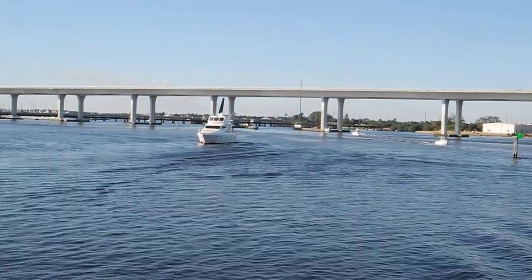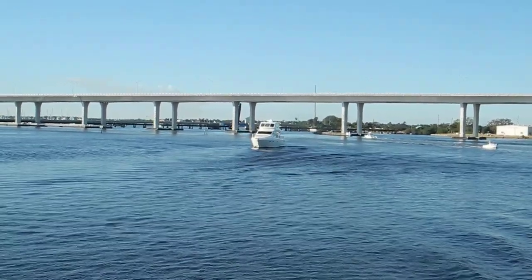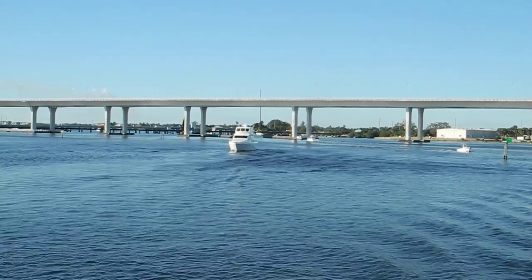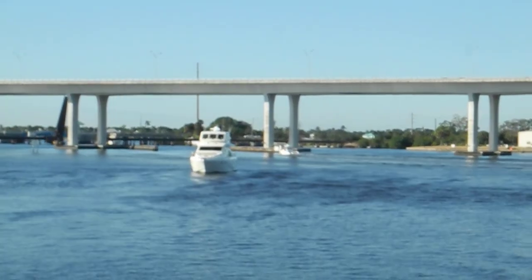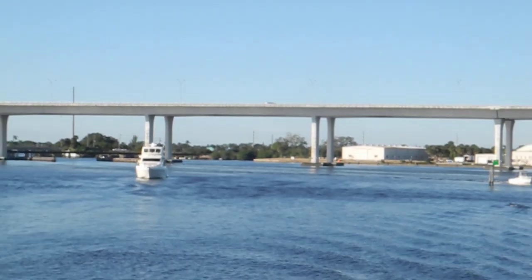The answer is the current is ebbing. The current is falling out. The current is going back to the ocean. So the only thing that's holding that boat in place are his propellers, and the current spun him around in this direction. So we'll watch and see if a yellow boat or a red boat are coming to his rescue,